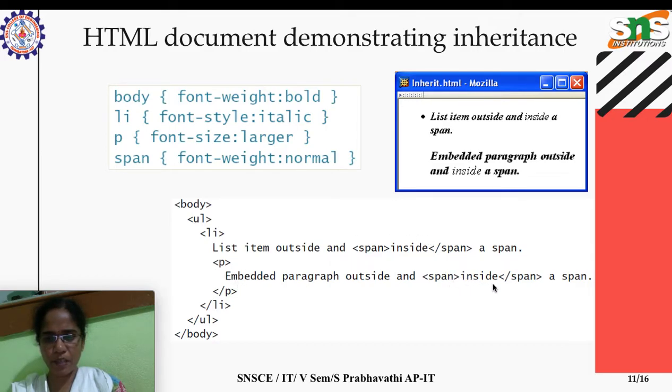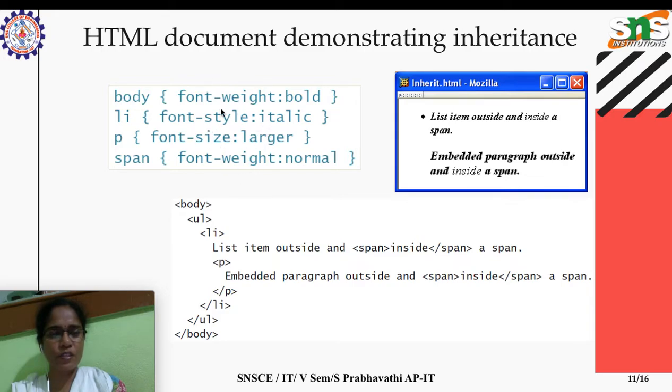Again inside the paragraph we have a span, and we are closing it. See here in the CSS file, we have given the body font weight to be bold, list item font style to be italic, paragraph font size to be larger, and span font weight to be normal.